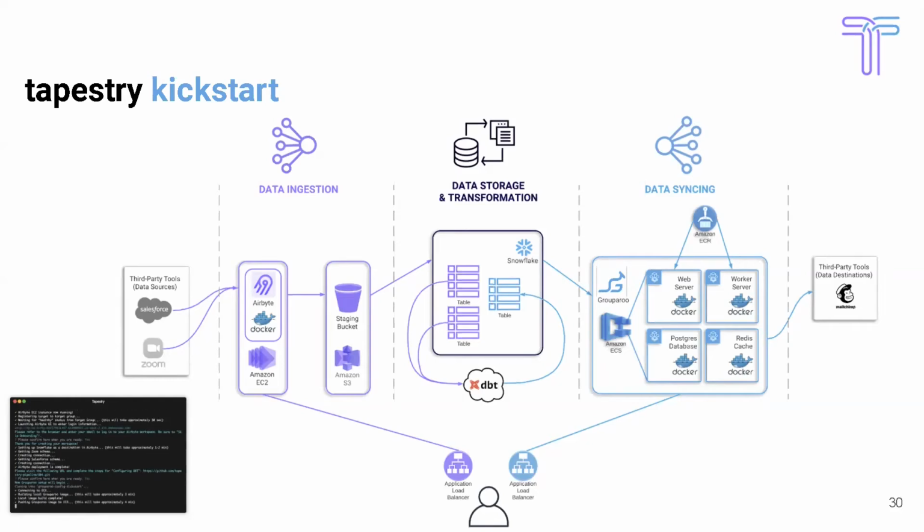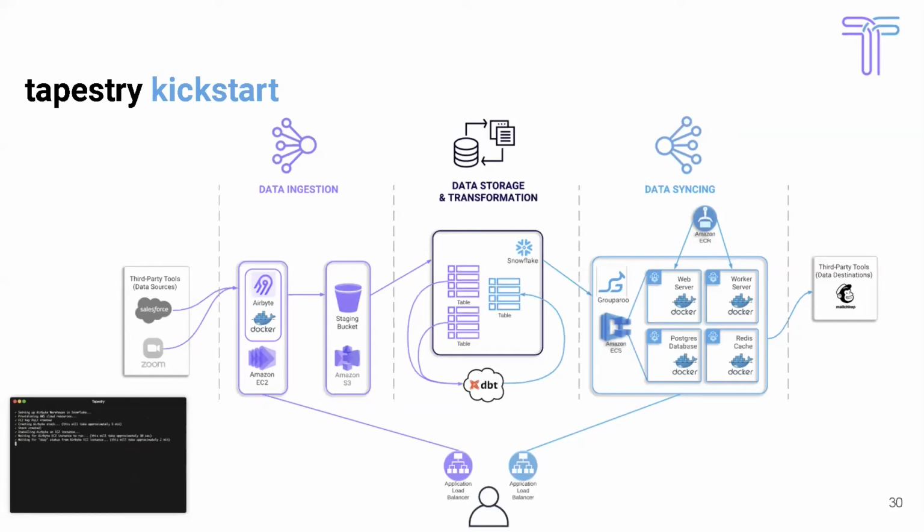The ingestion tool is then configured to extract certain data from your Zoom and Salesforce accounts and send it over to your warehouse. You will then be asked to carry out a few steps so the data is transformed in your warehouse using a data model that Tapestry gives you. Essentially, the data will be aggregated from both sources into one table, filtered for duplicates, and appropriately formatted to be